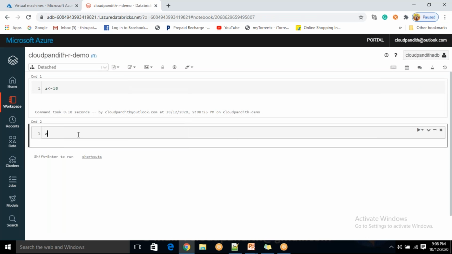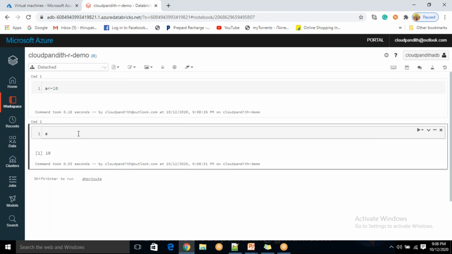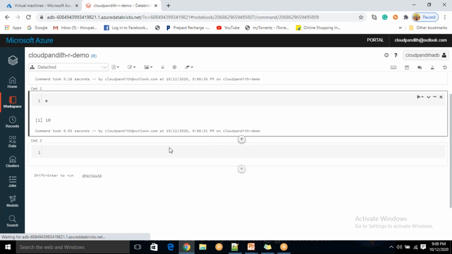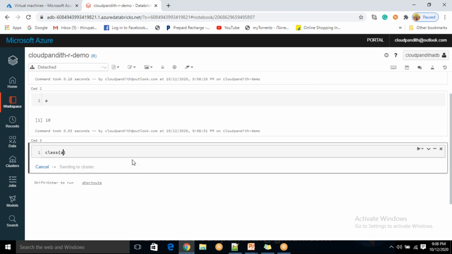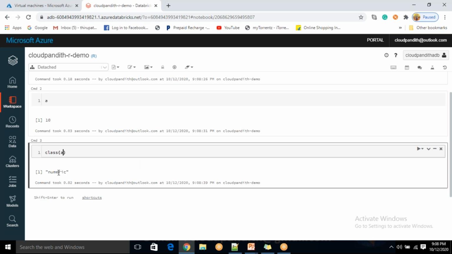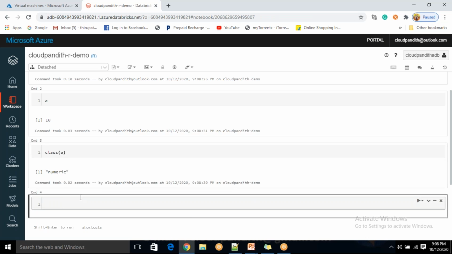Now I want to access a value. If you want to know the type of this particular variable, you have to use class in this R language. It's numeric. Now I want to convert this numeric to integer. Then you have to use as dot